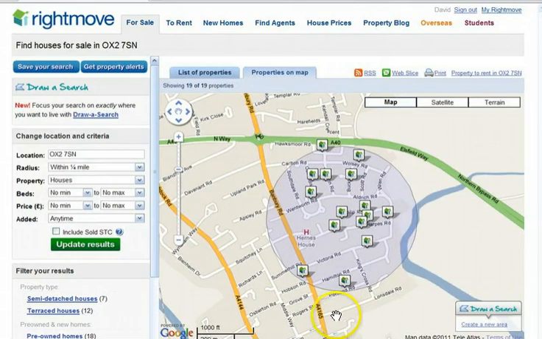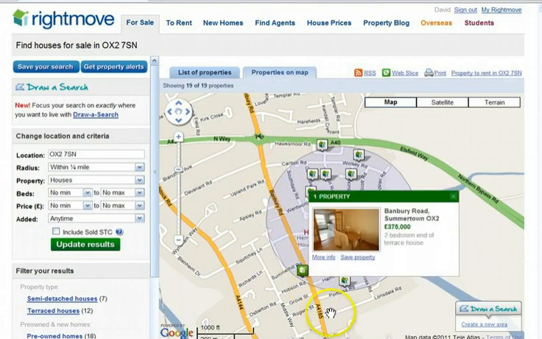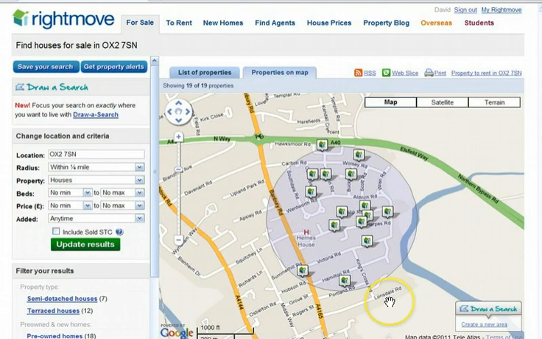Now this doesn't suit me because I've lost the triangle up here in the corner, Hawksmoor Road and part of Carlton Road. I don't really want to stray past the Banbury Road, and also I've lost Lonsdale Road at the south end. So what I'm going to do is to draw a map that is exactly the neighbourhood that I want to examine. And Rightmove have a marvellous facility called Draw a Search. So I'm going to click on Draw a Search